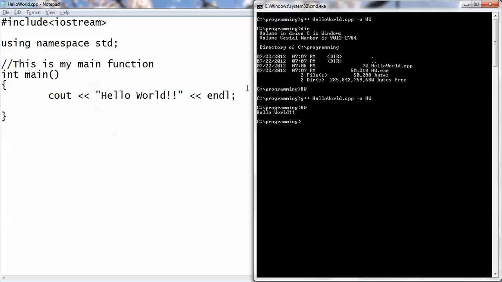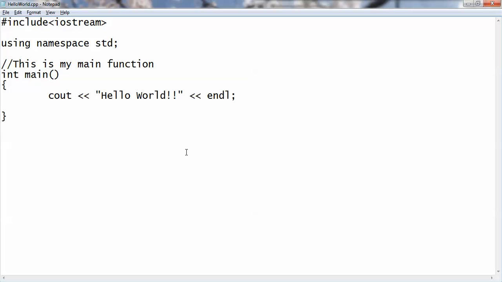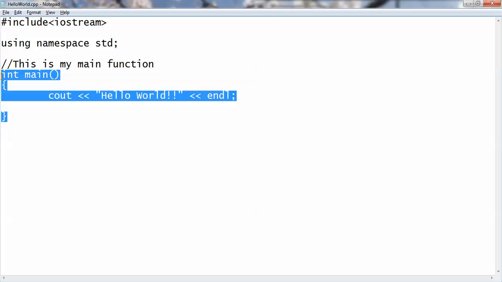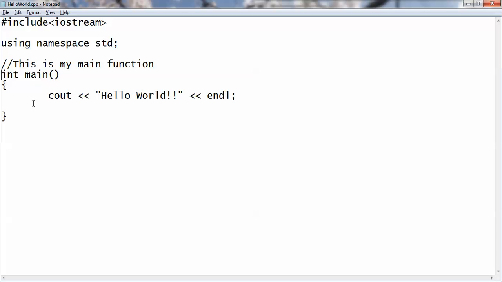We'll save it, go here, and call hello world. There we go, hello world. And that's pretty much all the basics. Let me tell you, I said a semicolon goes at the end of a statement, but you can see this doesn't have a semicolon because this is not declaring a statement. It is a function. There are differences between a function and a statement. There are a lot of things in C++ that I'm going to talk about later in other videos, but right now just remember a function